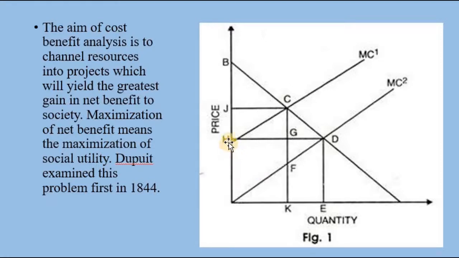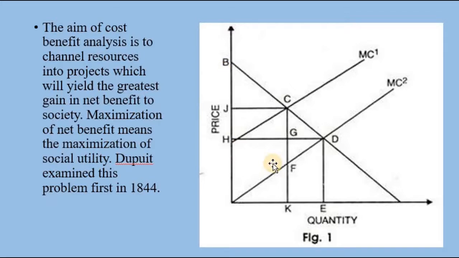that is HBD. This is what they are willing to pay, and actually paid OHD. So this is the difference we can see as consumer surplus. At C, we can say that the total price which the consumer was willing to pay was OBCK. So initially they were willing to pay this much, OBCK.